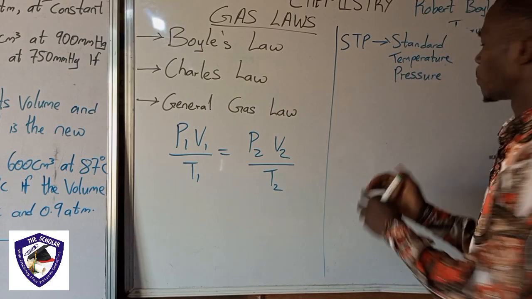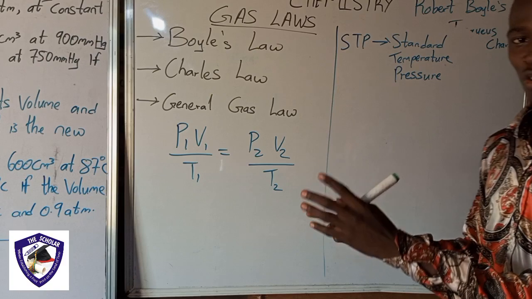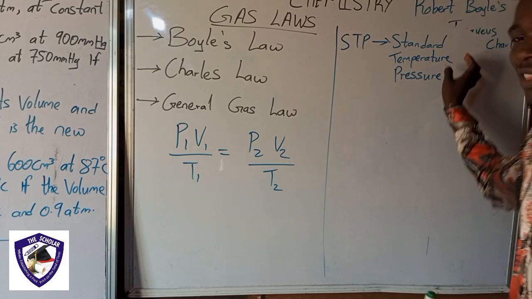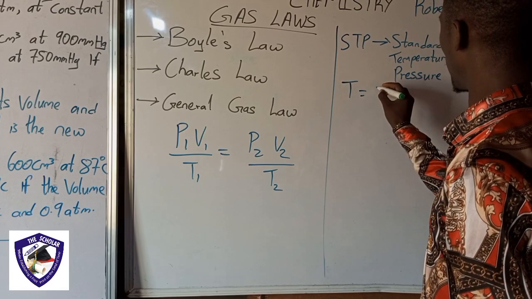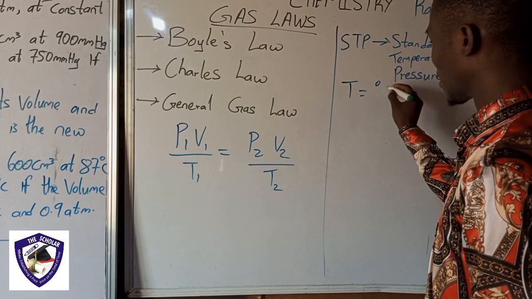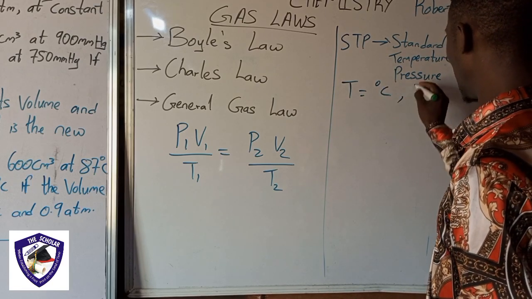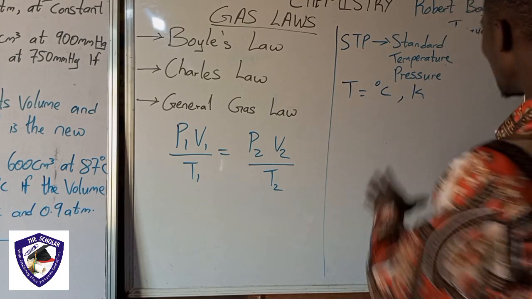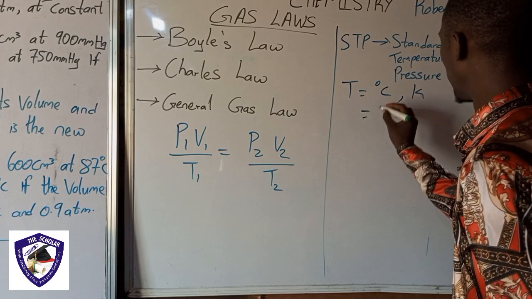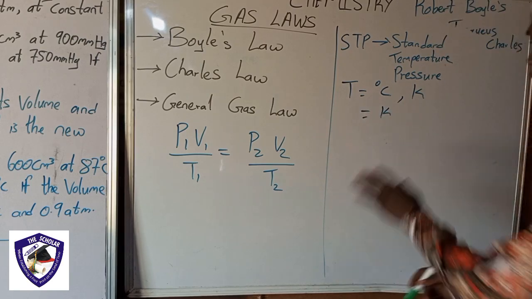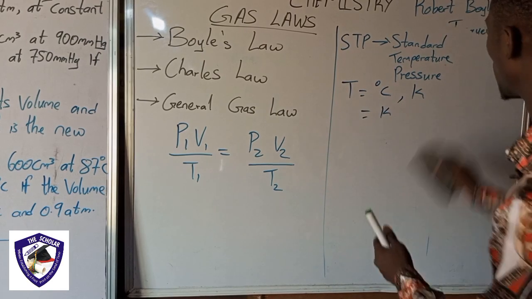This standard temperature and pressure is the acceptable terms or units by which pressure and temperature is measured. Temperature is measured in degrees Celsius and also measured in Kelvin. But the standard measurement for temperature is Kelvin. And we have a value for this Kelvin, which means